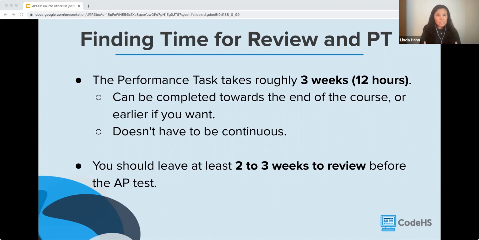So as soon as students finish the basic data structures unit, they have all they need in order to start their performance task. So to complete the performance task, students are, again, supposed to receive that 12 hours of in-class time, but keep in mind that that doesn't have to really be continuous. So one thing that worked in my classroom, and may work in your classroom as well, is maybe